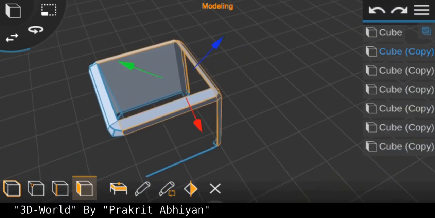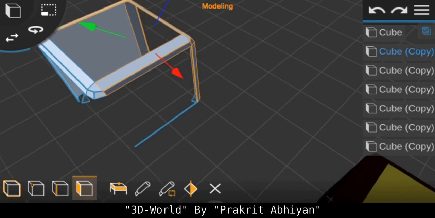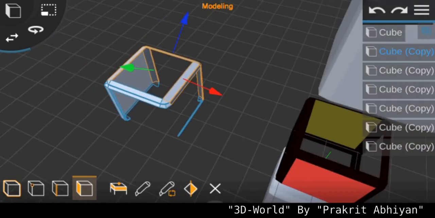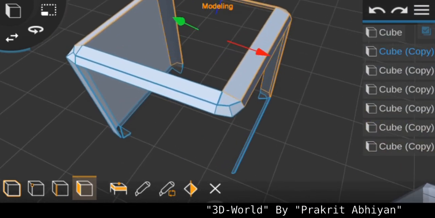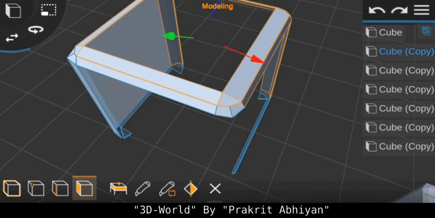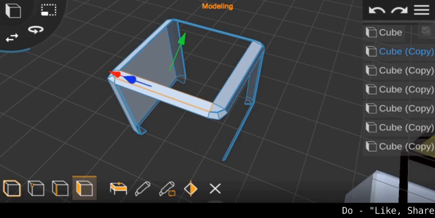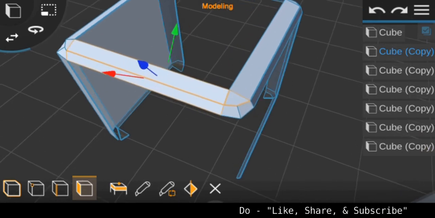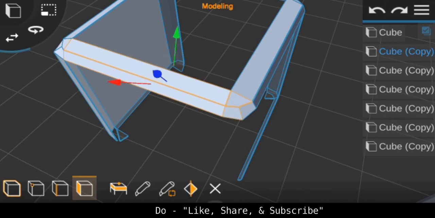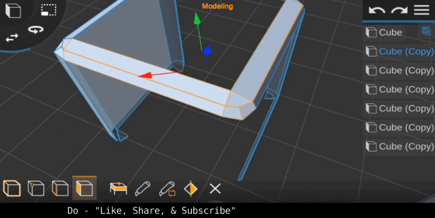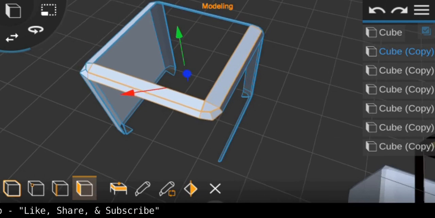Oh my god. Rotate it so that we can see more sides. Select. Oh shit. We lose every selection. No issues. We will select all these faces again by just